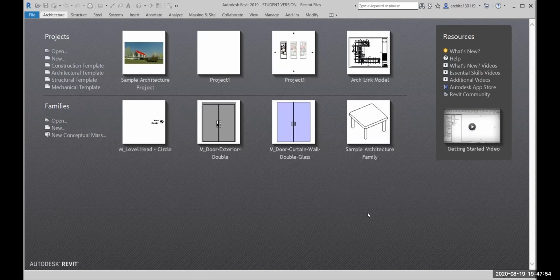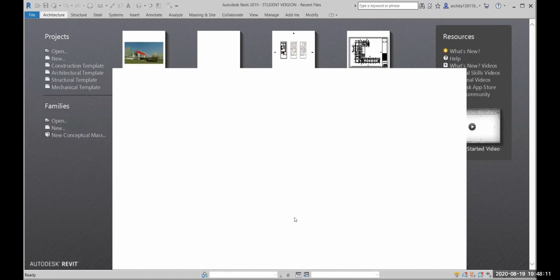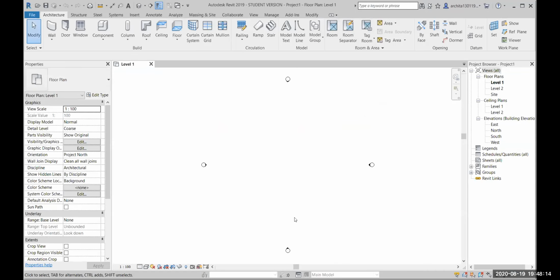Now we will be seeing parametric design. All right. So for parametric design, I will open a new file, architectural template. Basically the same project file template we'll be opening. Now, over here,